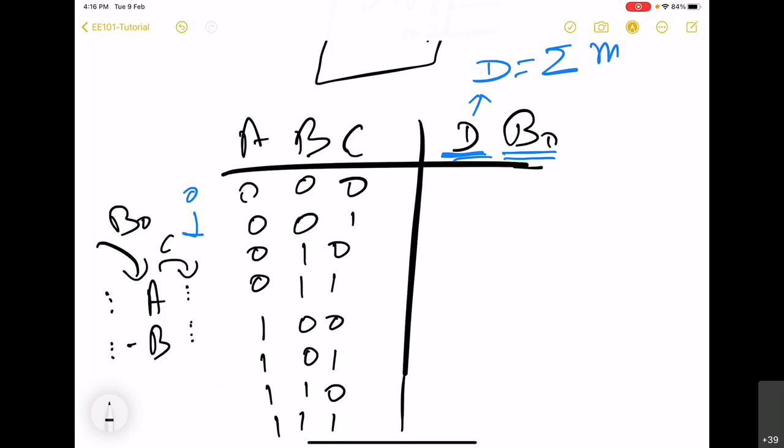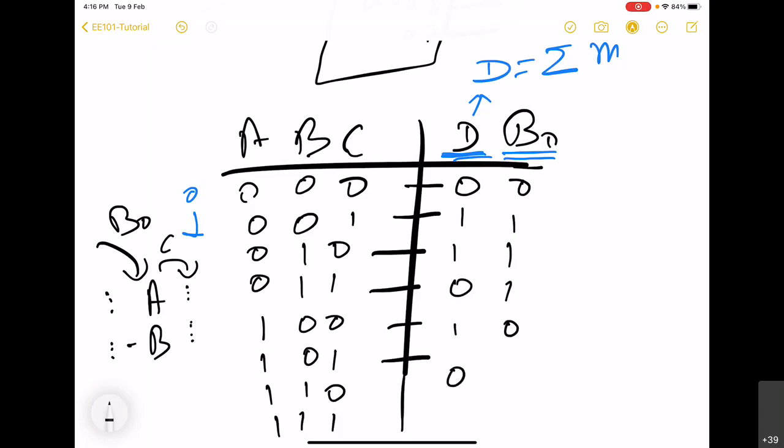So you can fill this table, and it will turn out to be like this. And then we have 0, 1.